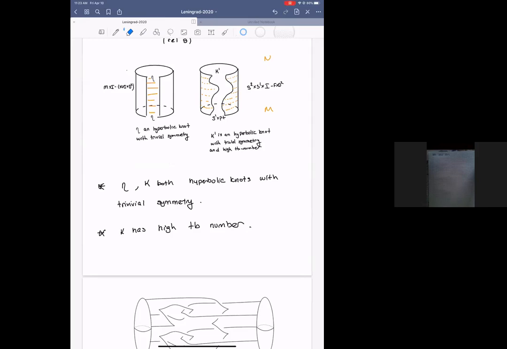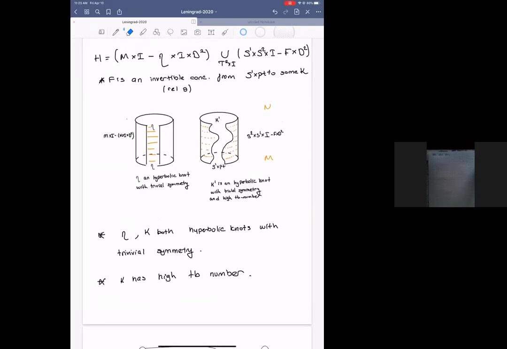In fact, that was my question. So why do we need some hyperbolicity here? Yeah, actually, this is to make sure that the set of diffeomorphisms of N